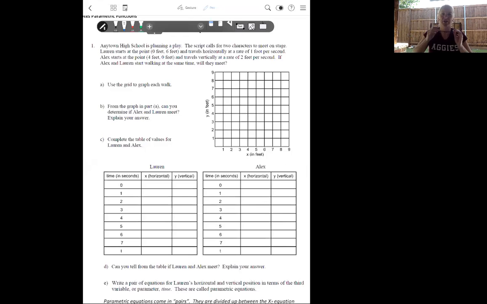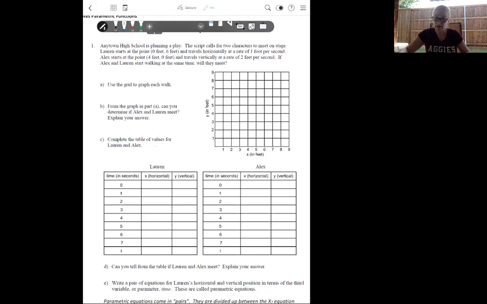With parametric equations, if we were in person in class, I would have started with this group activity before I even taught you anything about it. This little discovery activity gives you a good idea of what exactly parametric equations are and how it works, basically. All right, so we're going to jump into this activity. I'm going to work our way through a couple of them with you. The first one we have: